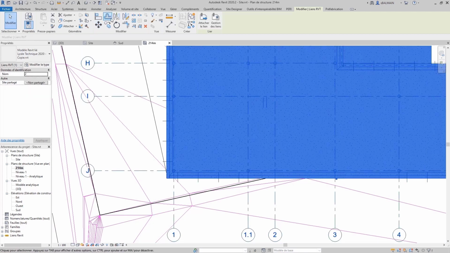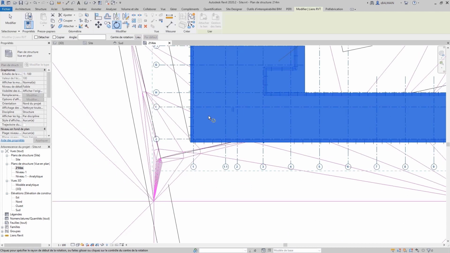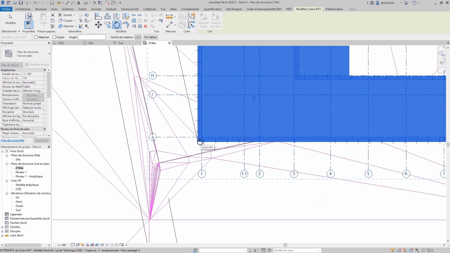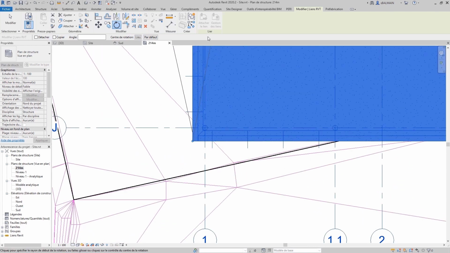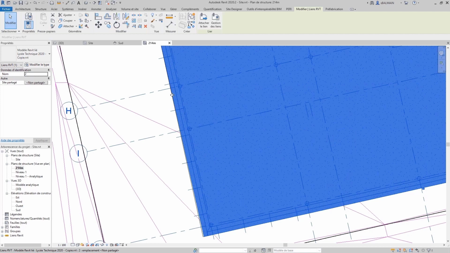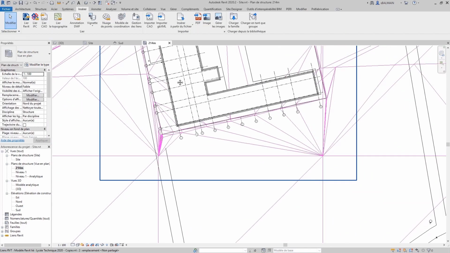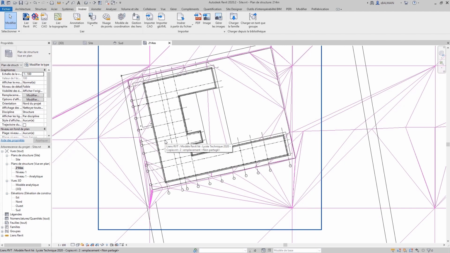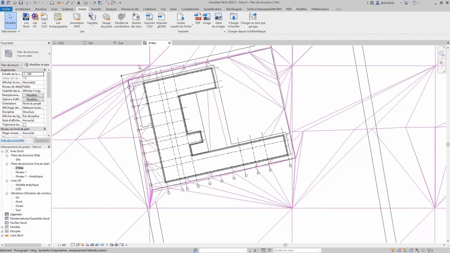Here, and then rotate. The idea of this video is to reproduce, so we don't cut any manipulation. So now we have finished, it's in the correct location.